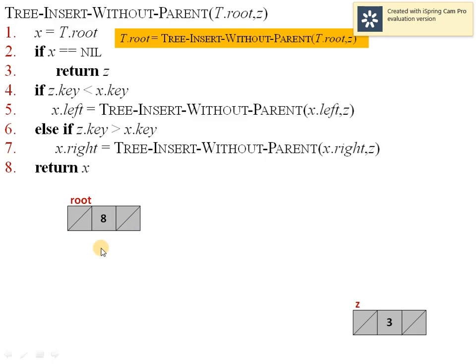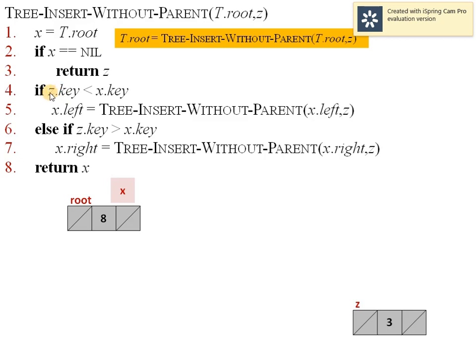Now this is the binary search tree and we are trying to insert a new node 3 into it. So first step is we have to take the memory from the computer system and initialize both its pointers to null and put the data part as 3, and it is identified using a variable z. Now again we have to call this procedure with t dot root equals function t dot root comma z. So here t dot root is not null now. Instead it is actually pointing to this root node. So when I call this function, line number 1 will be executed. So x will start pointing to the root node. At line number 2, we will get false because x is not equal to null.